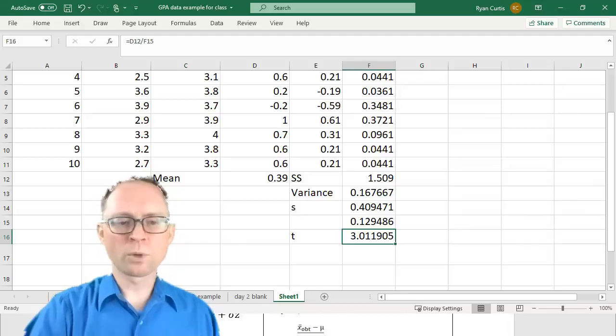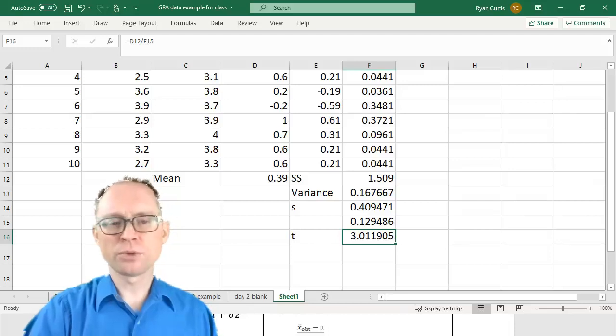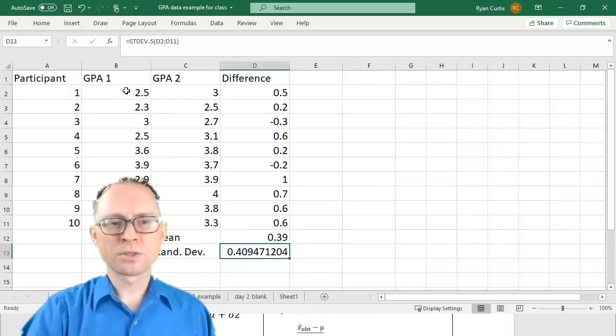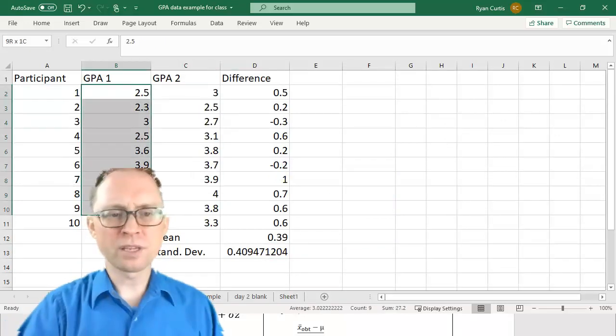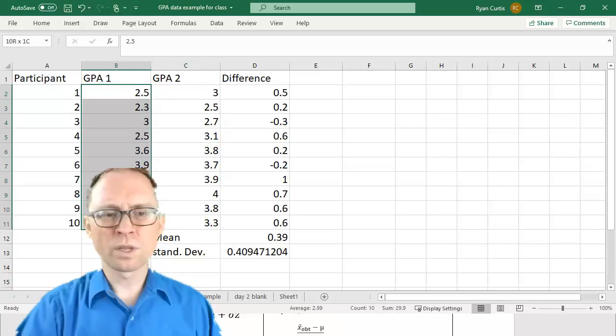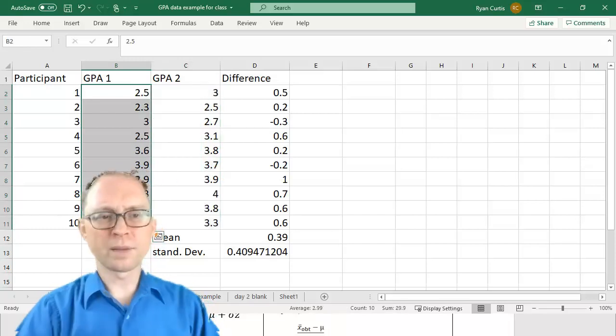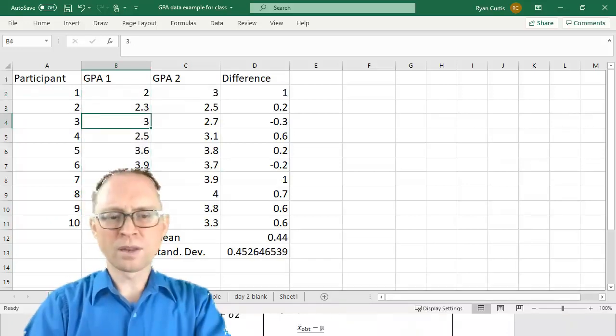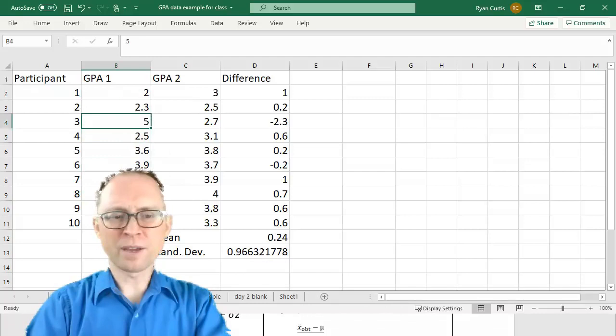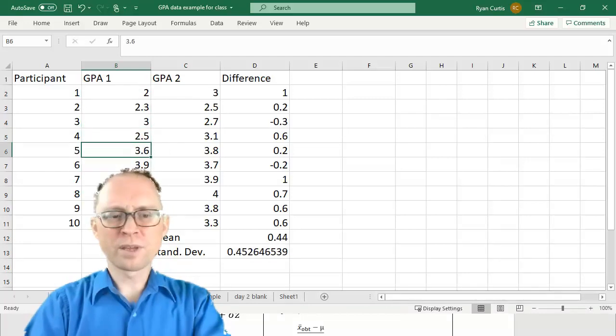Let's practice one more time. I'm going to change the data and I'll let you try it out. So now let's go ahead and change these and see what it does to our data. So now we're going to go through these. I'm just going to change them up. Let's say this is 2, and then I'll make that one 5. It can't be 5 because it's GPA. 3, 2,